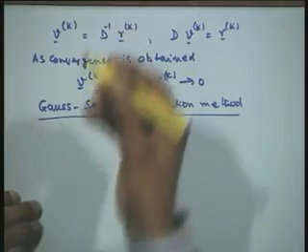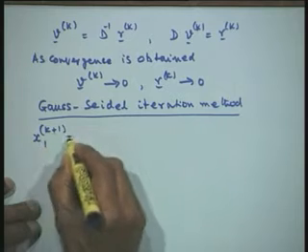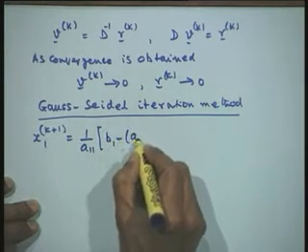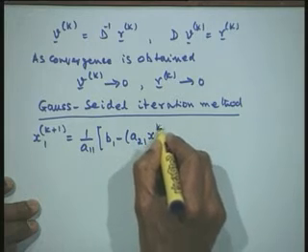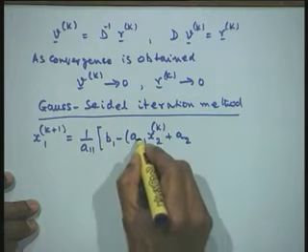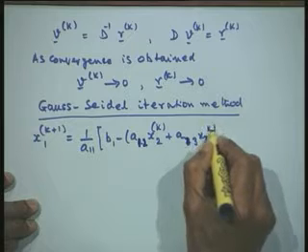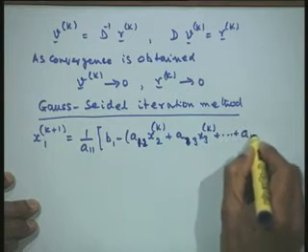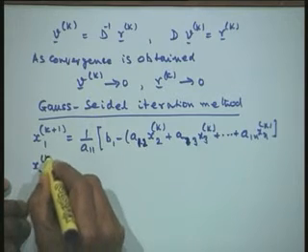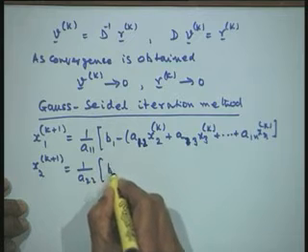So, let us straight away write down, since we have just explained, x 1 k plus 1. It will be the same equation as we have in the Jacobi. So, the first equation remains the same: 1 upon a 1 1 times b 1 minus a 1 2 x 2 of k plus a 1 3 x 3 of k, plus so on, a 1 n x n of k. Now, we write x 2 k plus 1